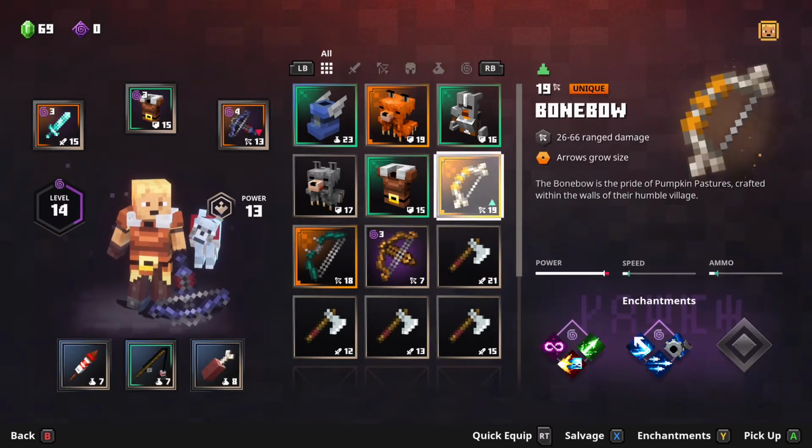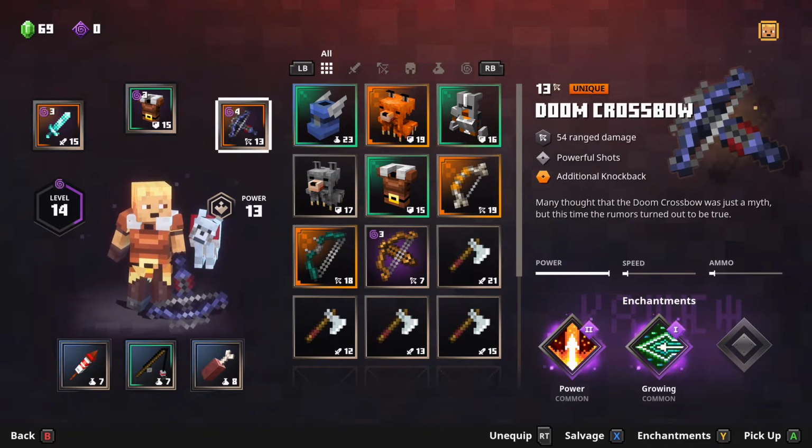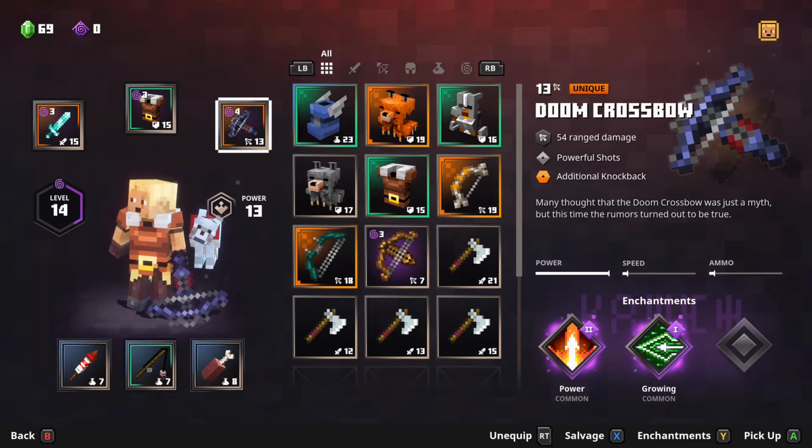A couple other weapons I come across here, the bone bow, a lot of good range damage, and I did discover that the bows, you could actually charge up like you do in regular Minecraft. Yesterday, I just kept rapid firing, and they weren't doing the most damage they could do. But this way, if you charge it up, you actually get more power out of it. So you could see, you'd charge it up here, and it could do up to 66 damage. Is a little bit more than the Doom crossbow, but this will fire it faster, and it has that knockback